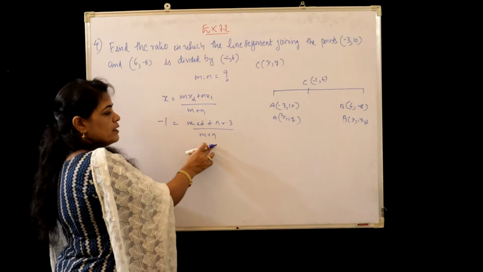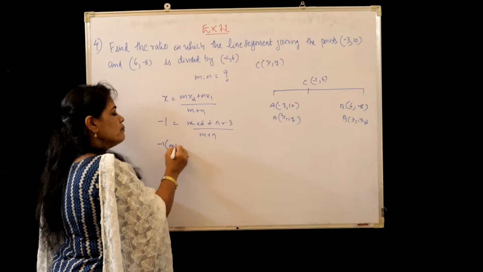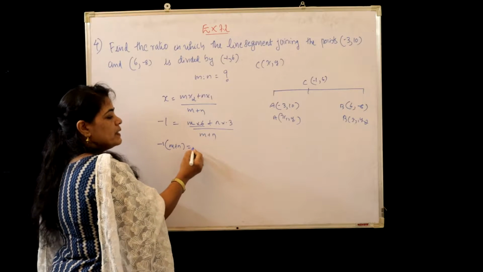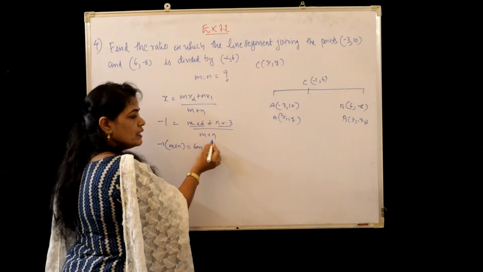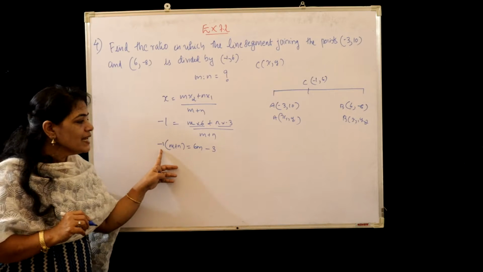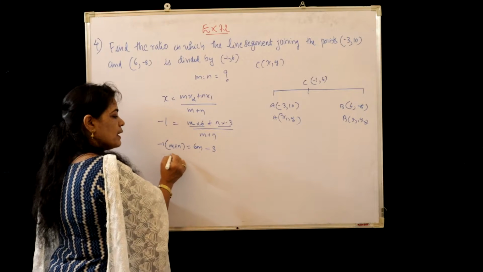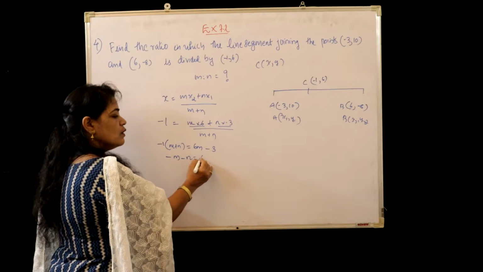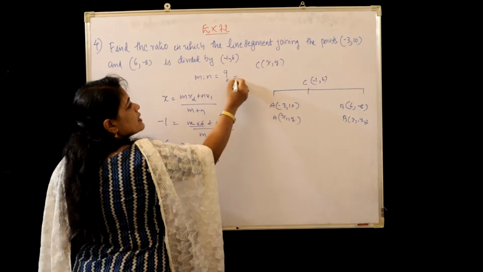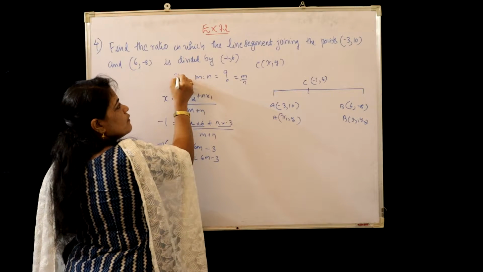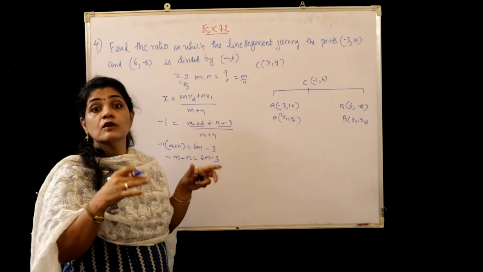So by cross multiplication, you can take this together on the LHS. So -1 into (m plus n) equals 6 into m, that is 6m, minus 3 into n, that is minus 3n. Here we have taken (m plus n) to the LHS. So the minus sign is outside: -1 into m is -m, and -1 into n is -n, equal to 6m minus 3n. And see, children, this m is to n is actually m by n, right? Just as x is to y, we know that it is x by y. That means we should get this answer in terms of m by n.